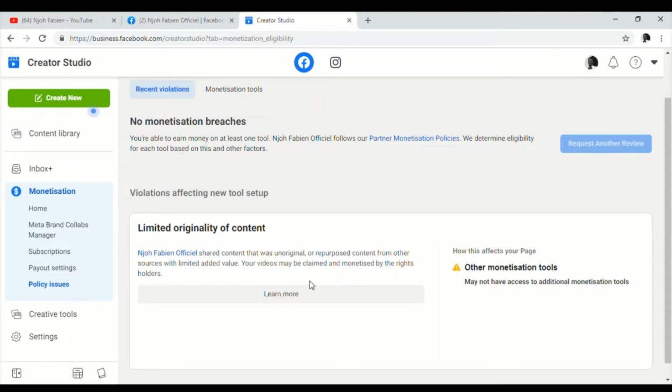So what makes your page get flagged for limited originality of content? Either the video was not recorded by you, or you have parts of the videos that you took from somewhere else. Either you have some clips or some sounds that you took from somewhere, and you don't have the right or license to use them. So in that case, it will be flagged for limited originality of content, or